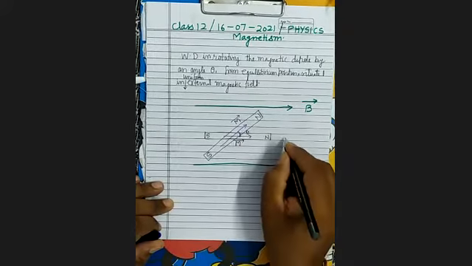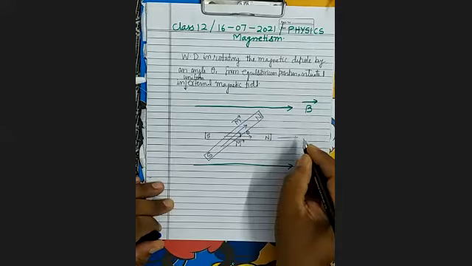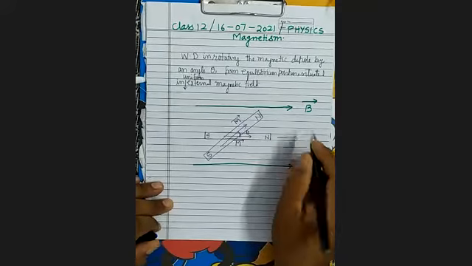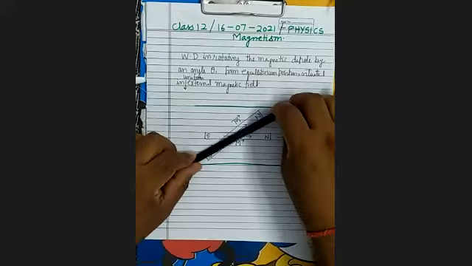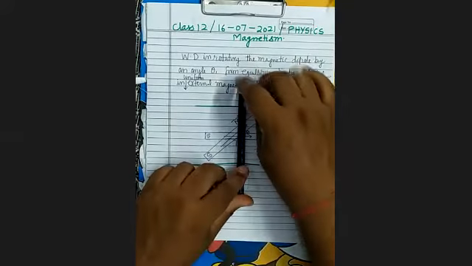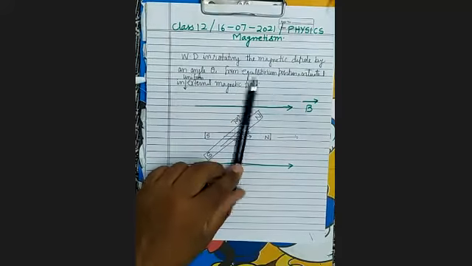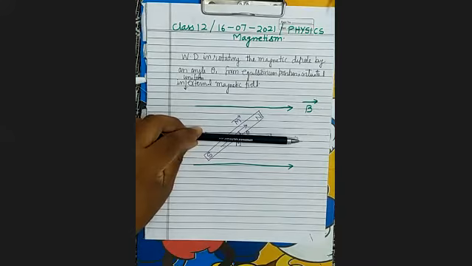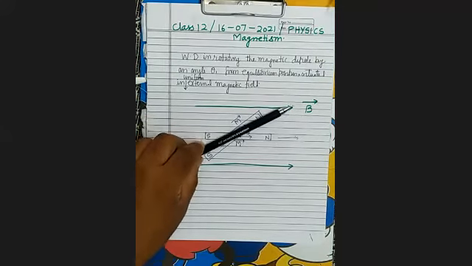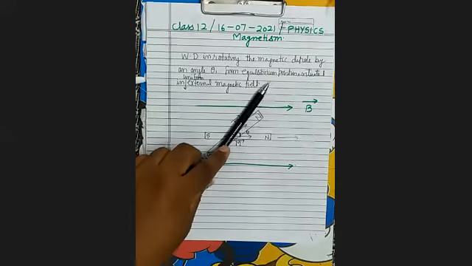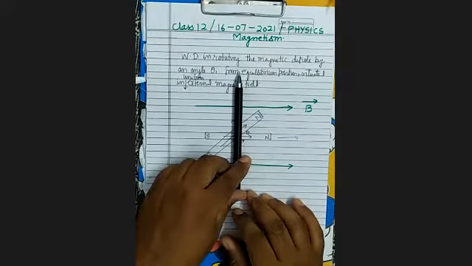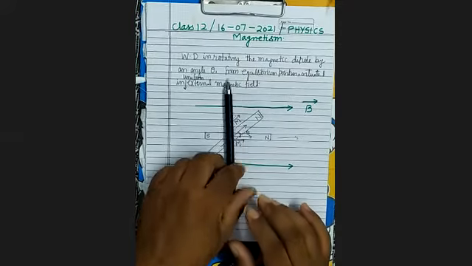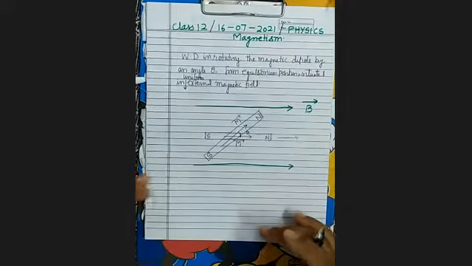Now see here, what is the torque acting in this position? No torque will act upon it. But as soon as you rotate it, it will experience an increasing torque which becomes maximum in this position. As long as it is placed in this way, there is no torque. But when you will rotate it more and more, torque will increase and it will become maximum in this position. Here it will become maximum when it is placed perpendicularly. So what will be the work done here?